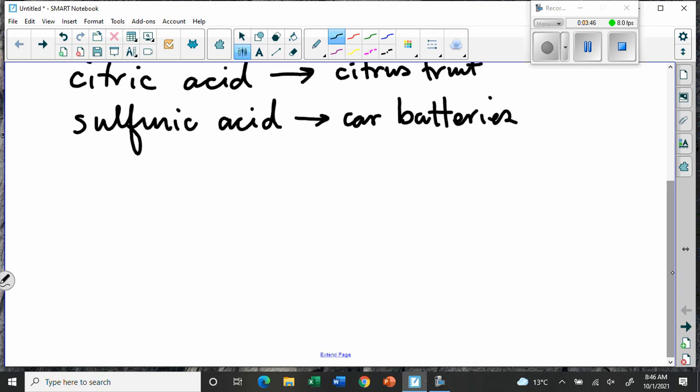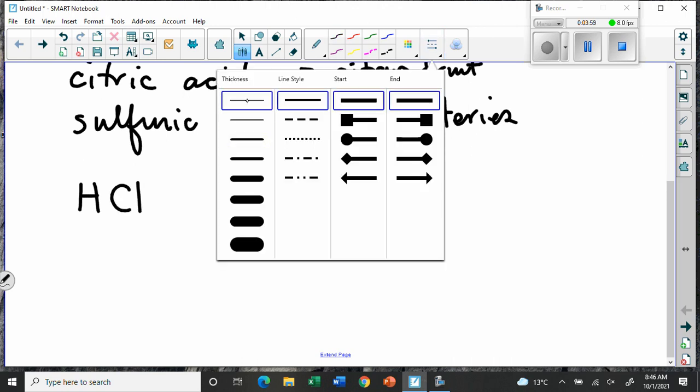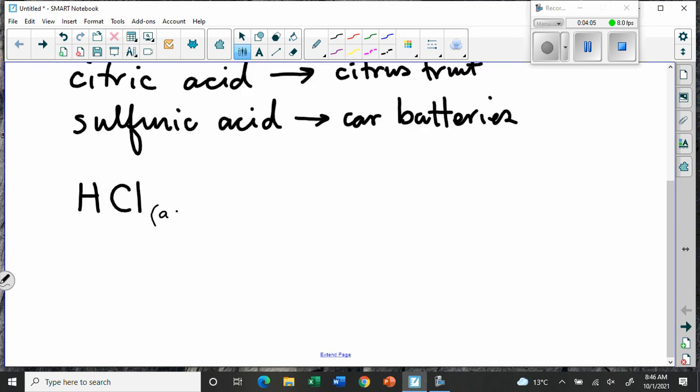Okay? So let's take, let's say, something simple like HCl. Okay, HCl is a molecule. We would call that hydrogen chloride, right? That's what we would call it. But if we dissolve it in water, remember from yesterday, the little aq stands for aqueous, which means if we take some of that and we dissolve it in water, the water can pull apart those ions, the hydrogen and chlorine ions, and it can dissolve them. And once you do that, this particular thing becomes an acid.